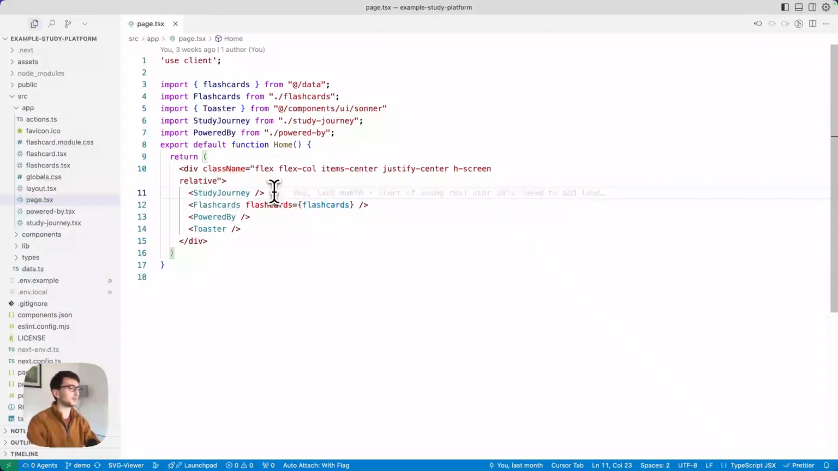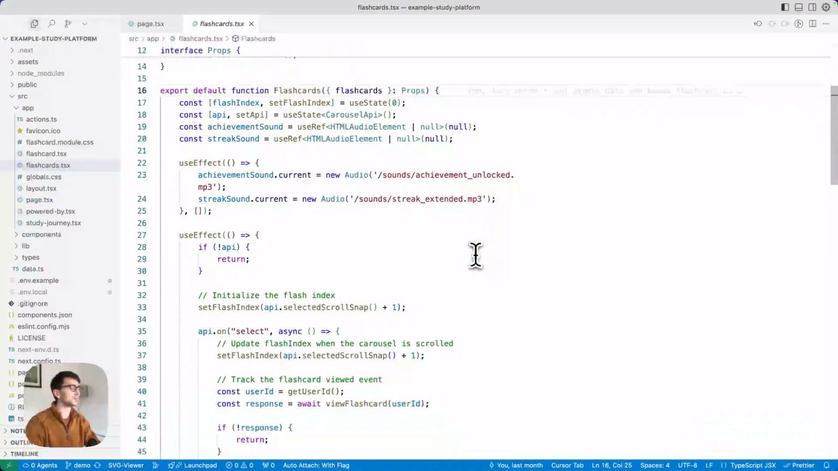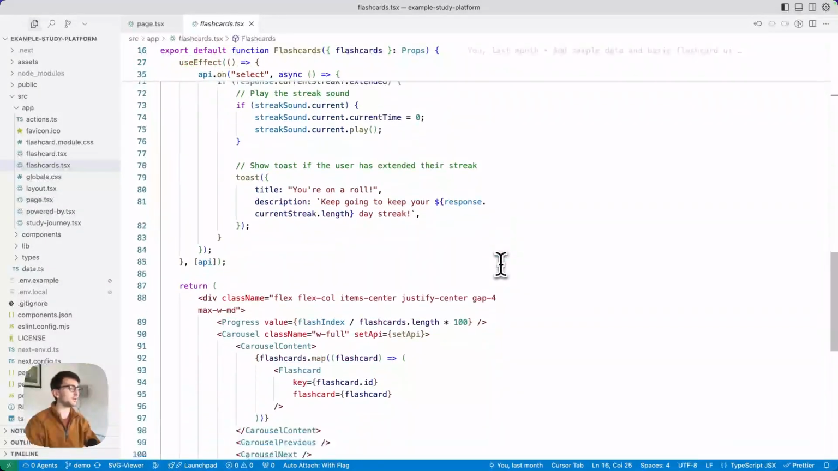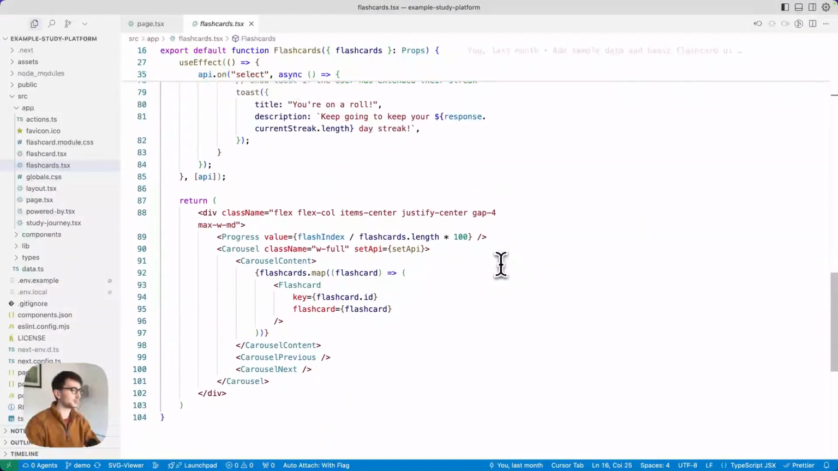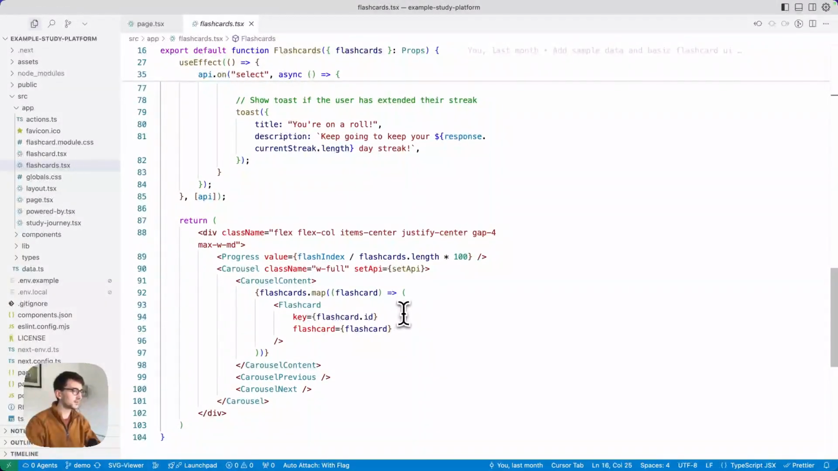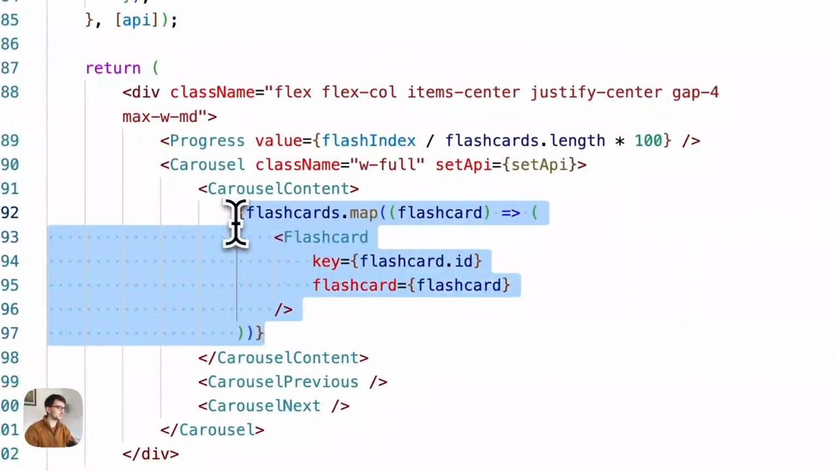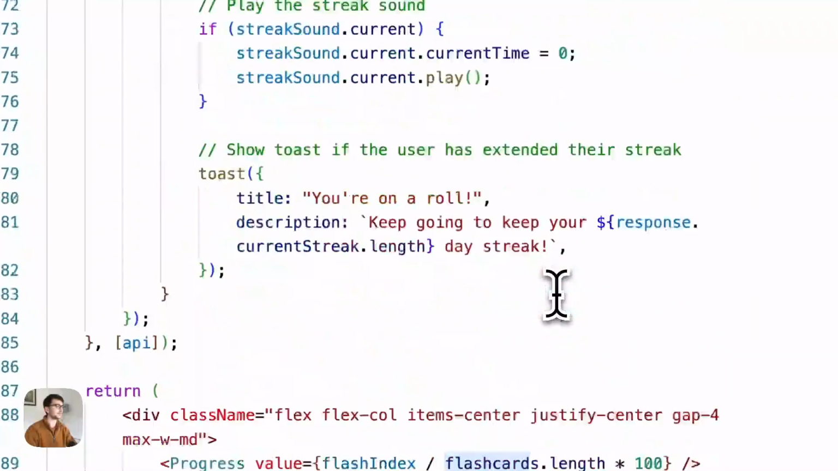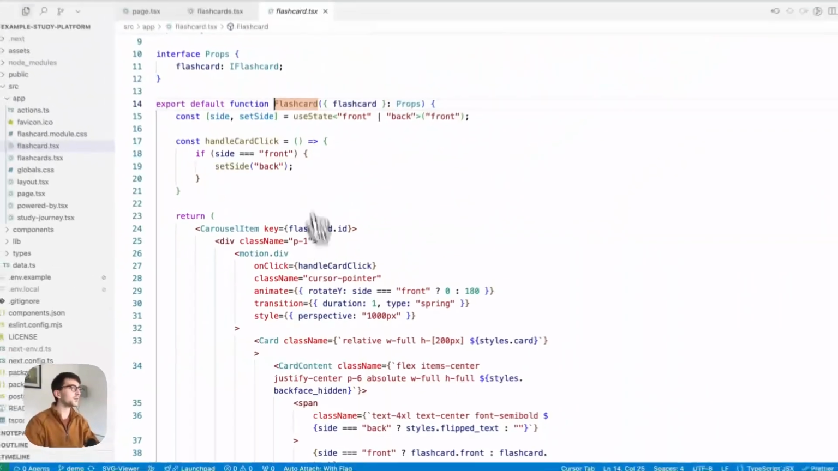The study journey component is there, the flashcards component is there. Let's jump into the flashcards component. So this is just a pretty simple kind of carousel component. I won't go through everything, I'll just go through the important parts for achievements. But essentially all you've got is a list of flashcards, and that renders the flashcards component there. And if I head into that,